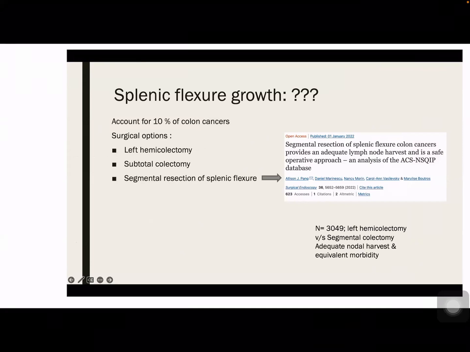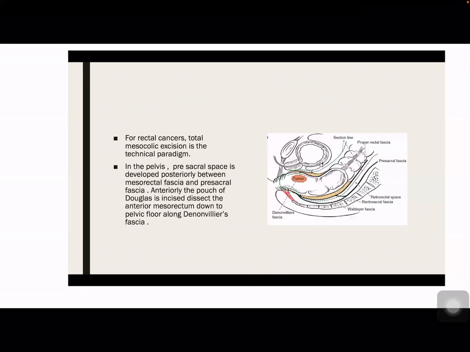So the left colon is very uncertain. If you have a tumor in the descending colon, or a tumor in the sigmoid colon, then it's very straightforward. You do a sigmoid colectomy, you transect the rectum somewhere around